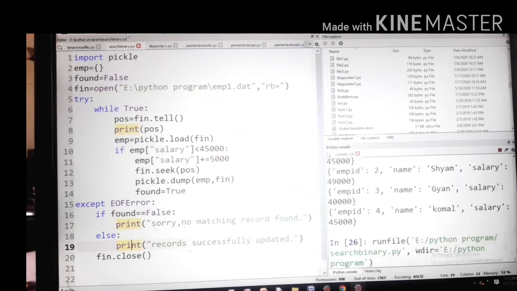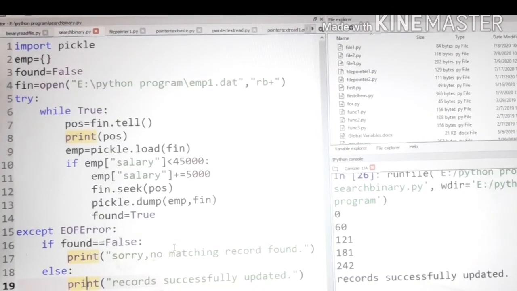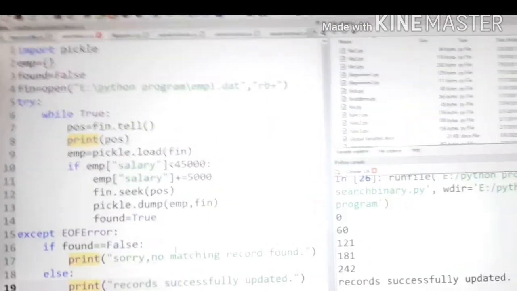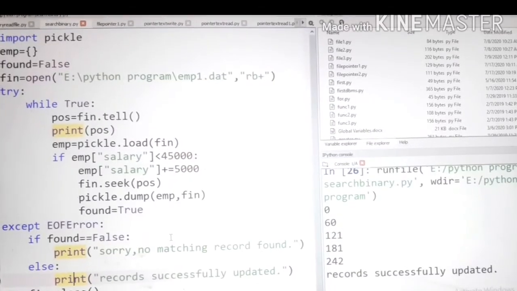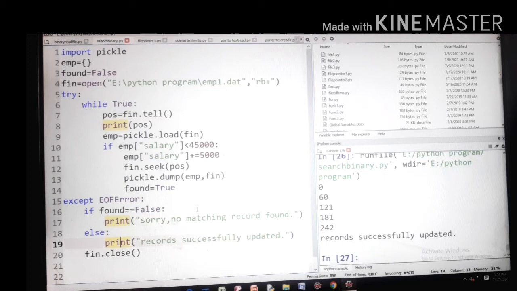Now let us execute this program. Okay, now see, this is the output. Here we simply take the output of the employee. Now we can also print the content of the employee. We can write some information to print this record, and print this information with the help of this.